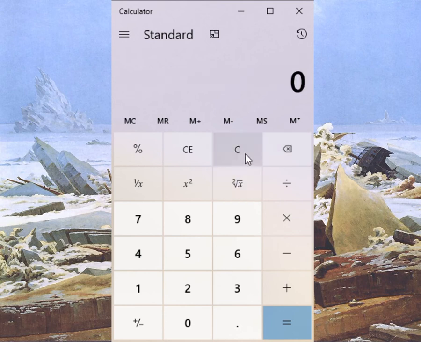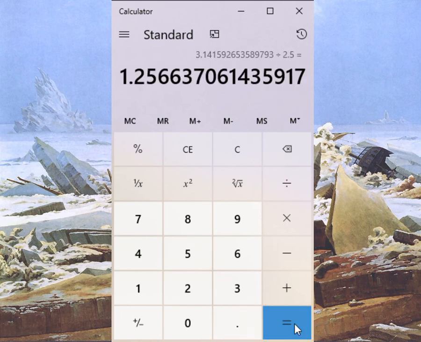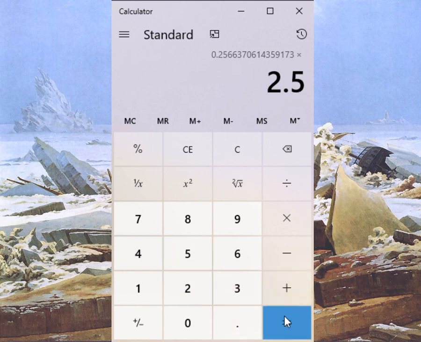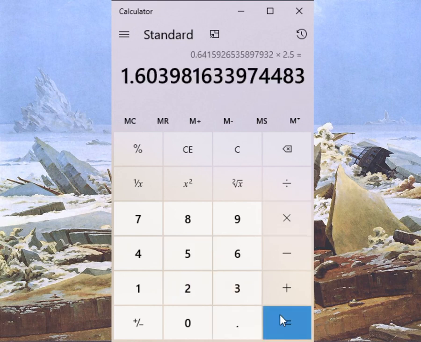Let's do pi-based 2.5. So I divide by 2.5. Subtract. That's the number between 1 and 2.5. So I subtract the 1. Now I multiply by 2.5. Now I have a 0. And now I have a 1. So far I have 0.1, and then it continues on something like what happened with the